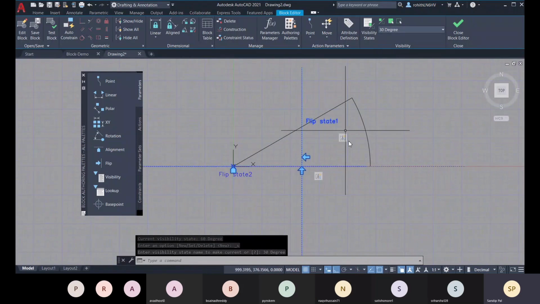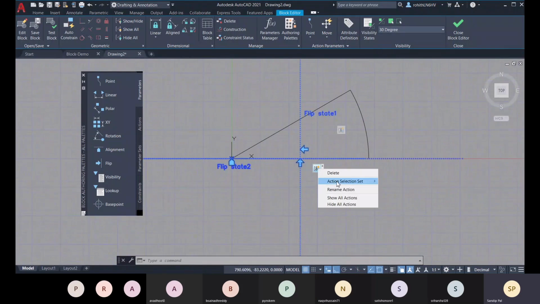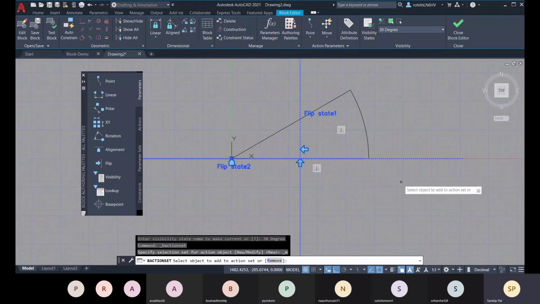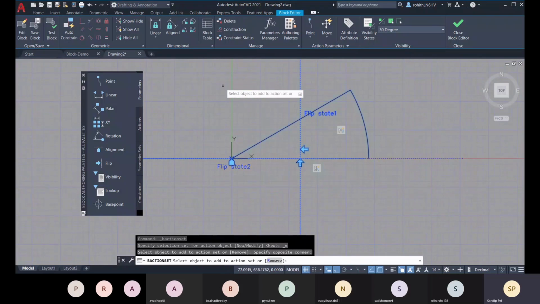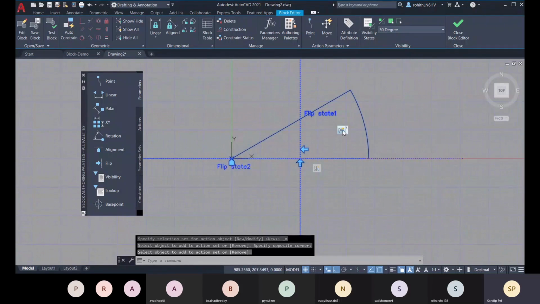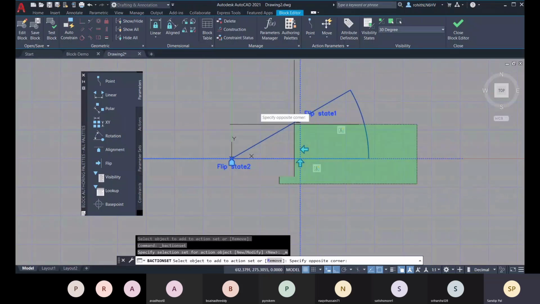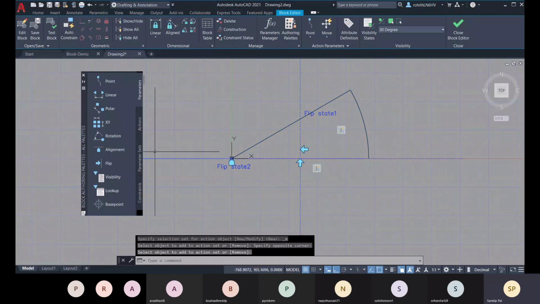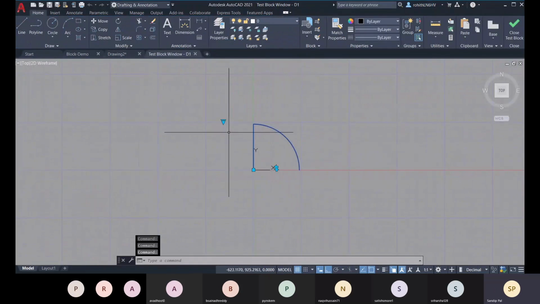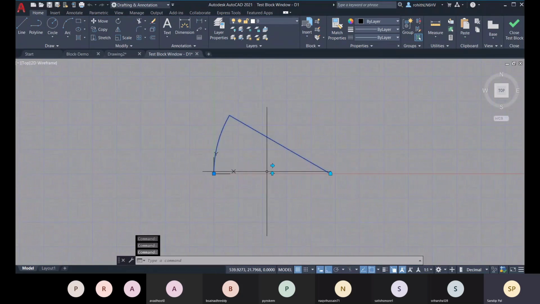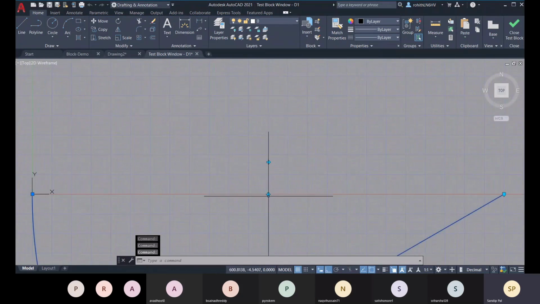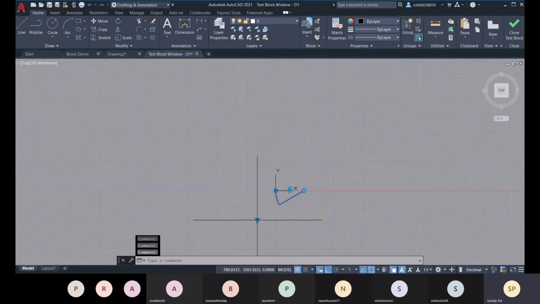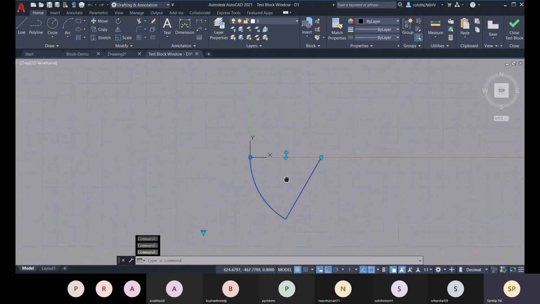There you can go for this modify selection set, and you can choose this object, press enter, right click, modify selection set, choose this object, press enter. Now let's go for this test block, and let's test it. There you see this 30°, and let's see if these are working. Yeah, these are working properly. There you can change it to 60°. Yeah, these are working properly, absolutely fine.